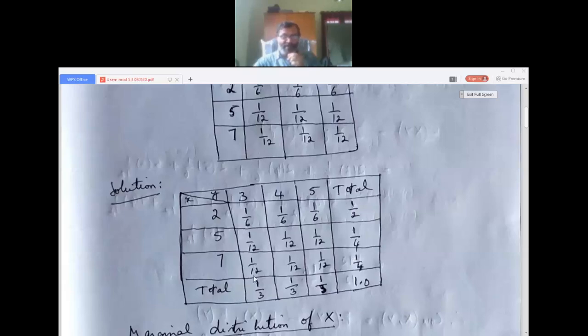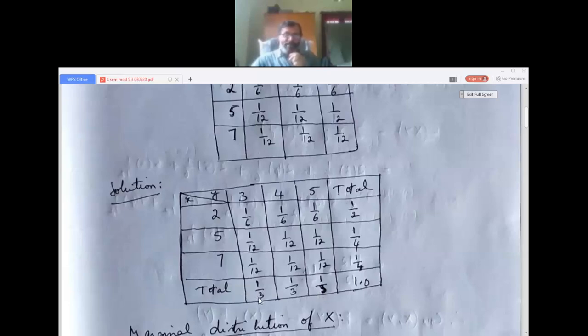Okay, I leave it here, then we'll find this total. Here, adding like this, 1 by 6 plus 1 by 12 plus 1 by 12. Simple fraction addition, sixth standard students can do it. So here 2 by 12, plus 1 is 3, plus 1 is 4. So 4 by 12, that is 1 by 3. Again here adding 1 by 6, 1 by 12, 1 by 12. This column and these columns are the same, so if you add, you should get the same answer, 1 by 3, 1 by 3. Check whether I am correct. I might be wrong somewhere. If I am wrong, please do the problem again.